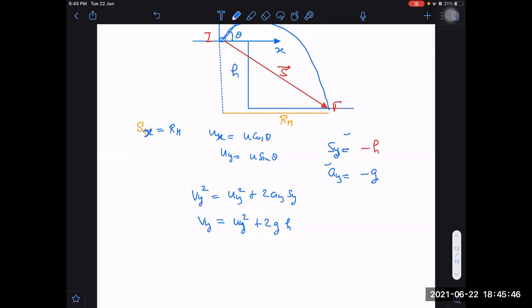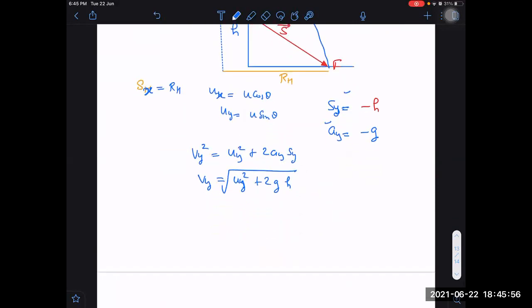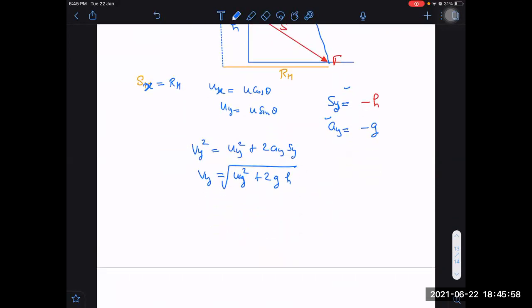So Nandu, can we now do it like this? Is it okay? Okay, sir. So this is derivation only. We are deriving it, right? It is vy. Now the second thing is, what is the time of ascent and time of descent? And what is the total time of ascent plus time of descent? And that multiplied by ux, can I say will be equal to RH or not? Nandu? Yes, sir. Right? So what is ux? Ux is u cos theta.